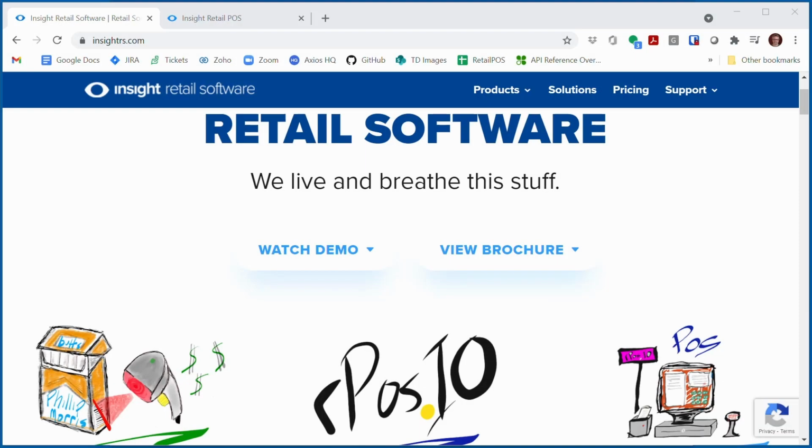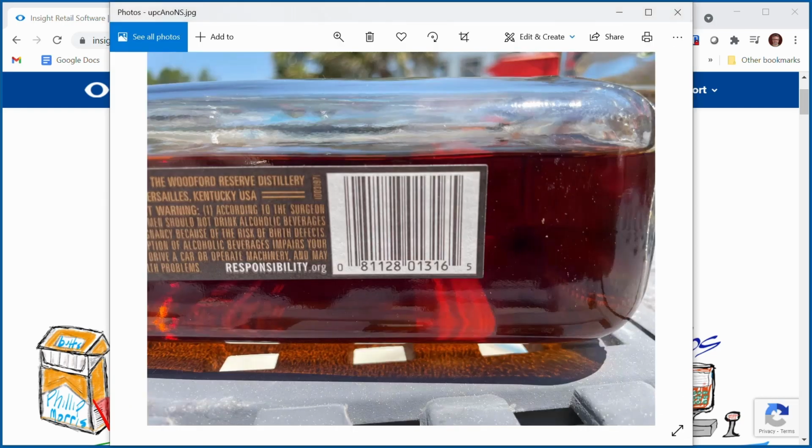Understanding UPC types. This is a fun one. We have to deal with UPCs every time we put a product into the system, and we need to put it in there properly so that the system will work properly. So if we take a look at some samples here,